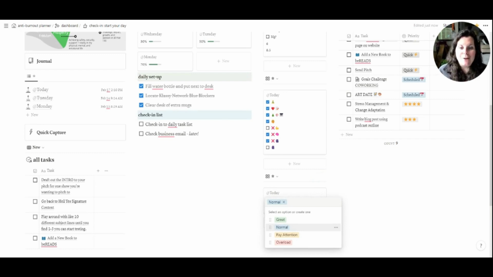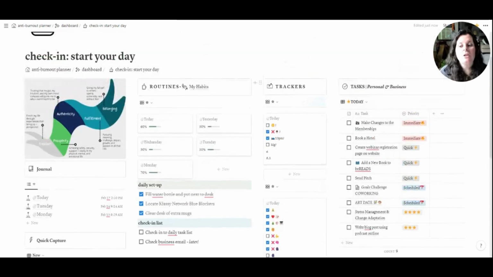Damn, there's going to be a lot of those today. But the stress monitor app that I use tells you that your HRV, the thing they use to monitor stress, is either great, normal, that you need to pay attention, or you're overloaded. And then I will go in and check whether it is pay attention or overload. That's usually when I will check stressed. So I fill in all of these trackers.